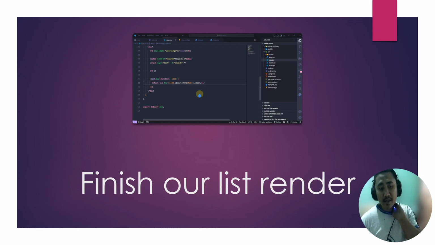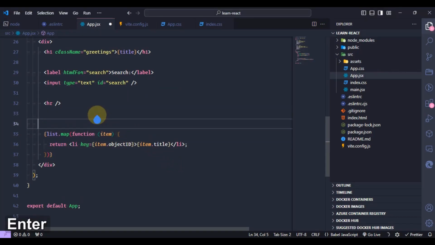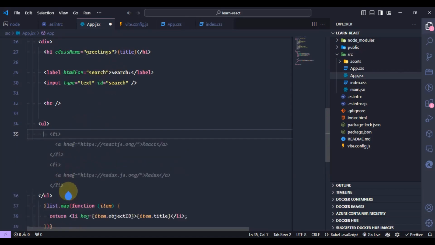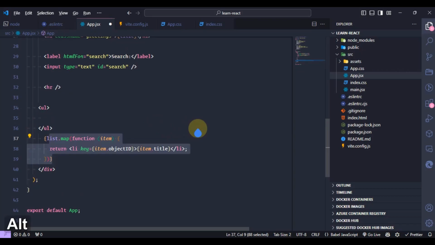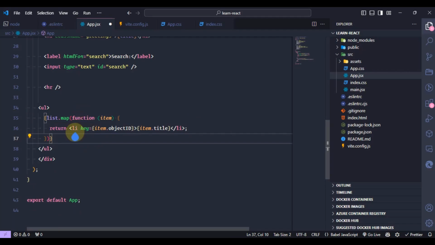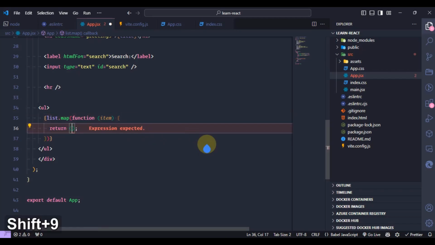Now let's finish our list rendering in the JSX. Now let's create an order list and move our map function into an order list. Okay, and instead of returning it one line, let's create another line. So we need to create an open and close parenthesis,